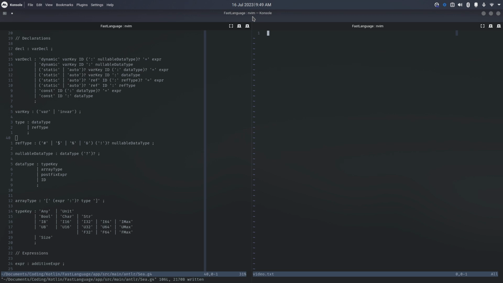Now on the left side of my screen, I have my ANTLR grammar file. If you've been following my, I'd say disjointed series about making your own language, the most recent video, as at time of recording, is how to use a parser generator, in this case ANTLR, with Kotlin, so that we can just write a grammar file like this thing on the left and then have a parser made for us so we don't have to waste time doing